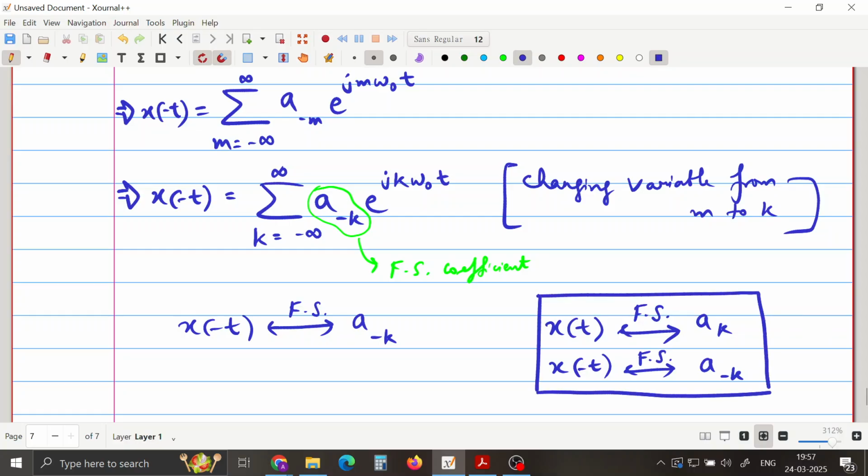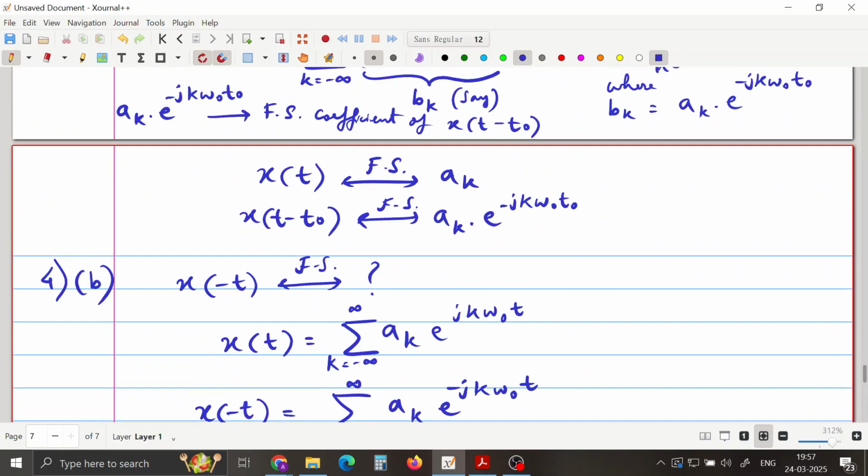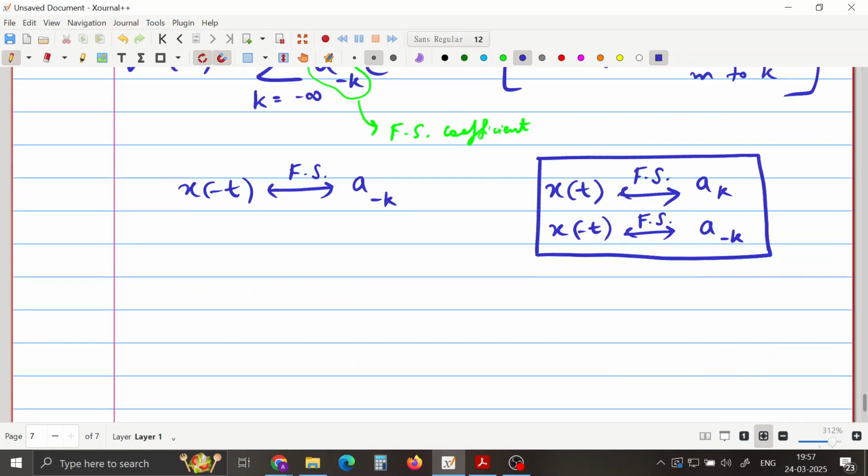So let me actually highlight them inside boxes, okay, so that the key takeaway is enclosed in a box. So similarly for the previous part also I am capturing this key result in a box. Okay, what happened in the case of time shifting. All right,